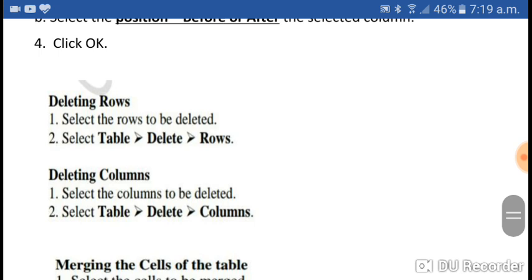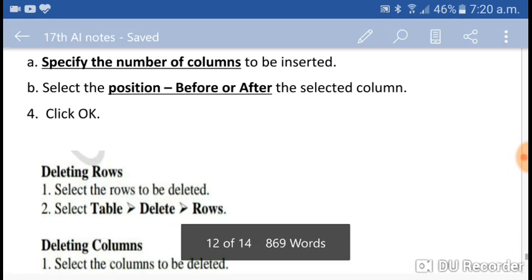Then we have learned how to insert rows, how to insert columns. Now how to delete rows, how to delete columns. If rows and columns are not required, yes, we can delete. Very simple. Select the rows to be deleted, the rows you want to delete, and then select table, then the delete option, and then the rows option.